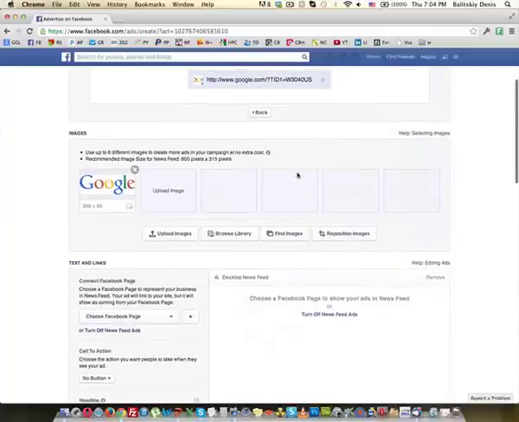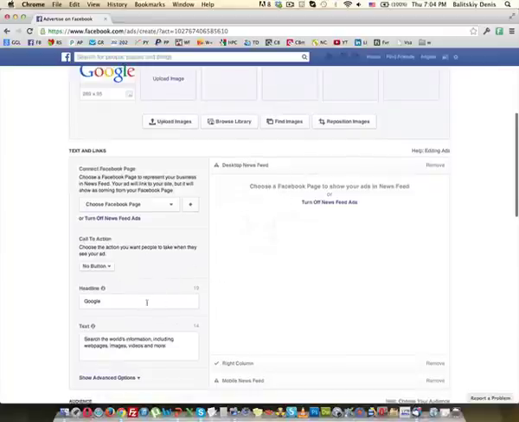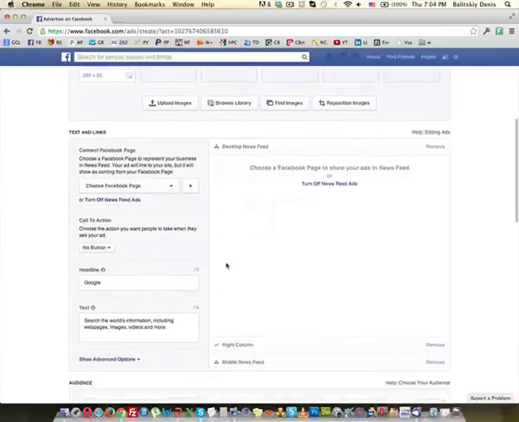First of all, the most important thing that will determine the click-through rate is the image, which determines 70% of your success or click-through rate. In the second place, the headline, about 25%, and 5% the text. Okay. Now, here are a couple of things you need to know.